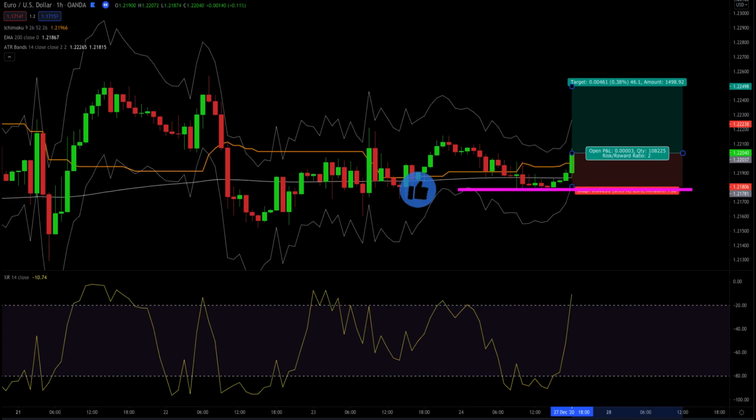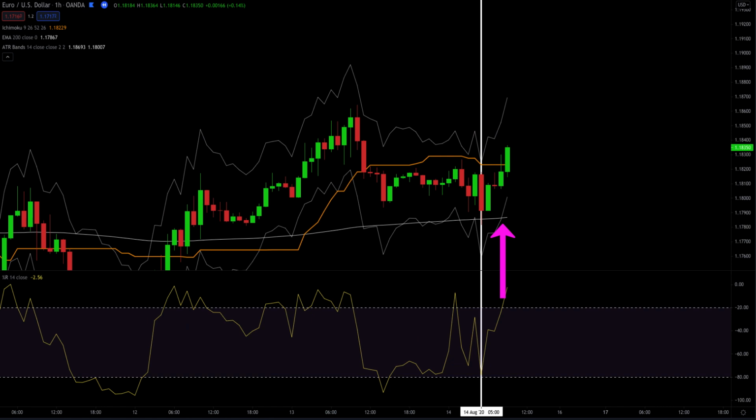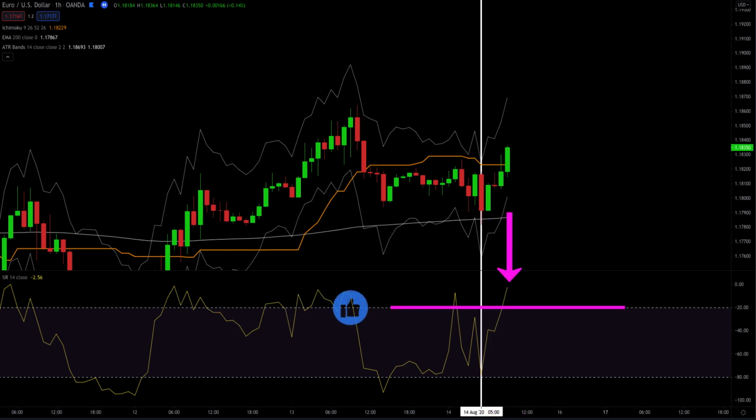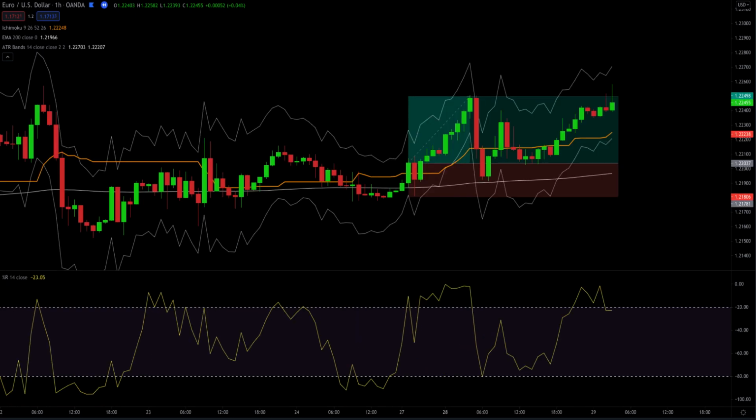We place our stop at 2 times the ATR, which is this lower ATR band here, and target 2 to 1. And this one hits 2 to 1. We have one more long example. Price is above the 200 EMA. Price comes below and then closes above the Kijun-sen line. The bar that closes above the Kijun-sen also shows overbought on the Williams %R indicator. This is our trigger. We target 2 to 1, and this one hits 2 to 1.